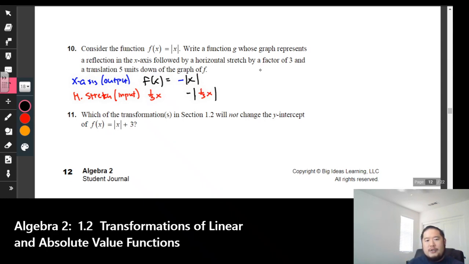And then finally, there's a translation of 5 units down. Okay, so 5 units down, that right there is a vertical transformation. That right there, once again, when it's vertical, it is output. So I'll go ahead and put that right there. And then if it's 5 units down, it's going to be -5. So let's finally take our function, and then we have g of x right here is equal to negative absolute value 1/3 x, because it's everything from this previous step, and now we'll include -5. And so this right here